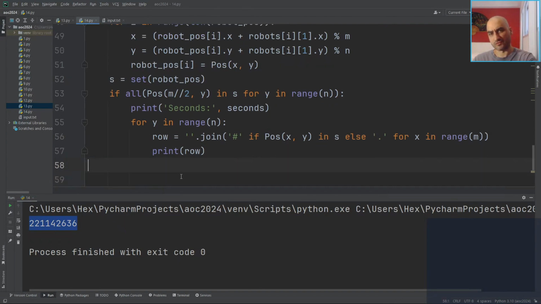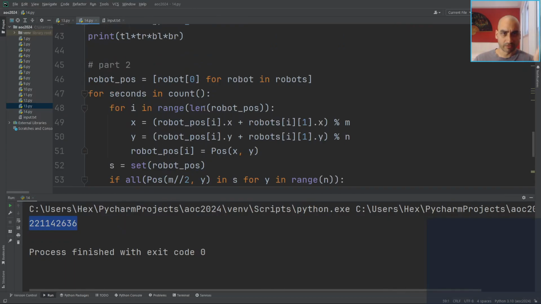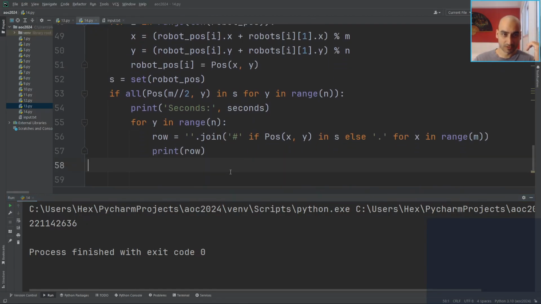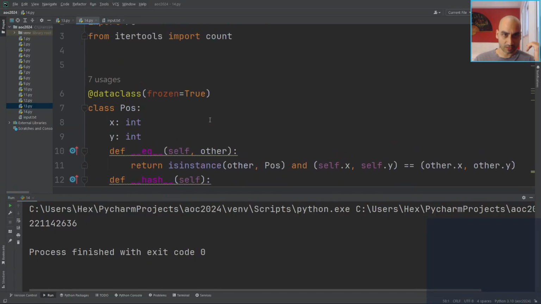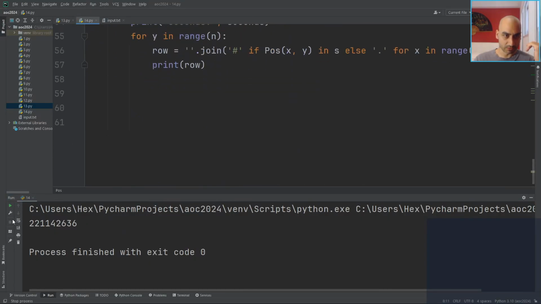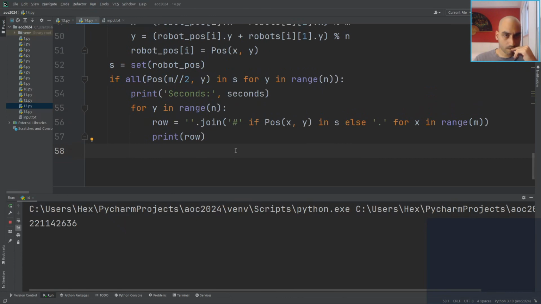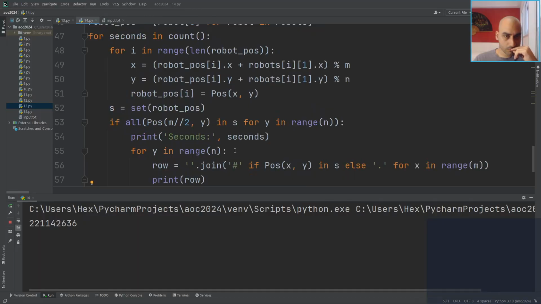Don't break, just run this and see what happens. Hopefully this doesn't take too long. I mean, I don't see a shortcut of looking ahead of time where they're all going to line up, unless that's where you use Chinese remainder theorem stuff. But we've got too many robots for that, really. Still possible. Let's try. So we're saying if all